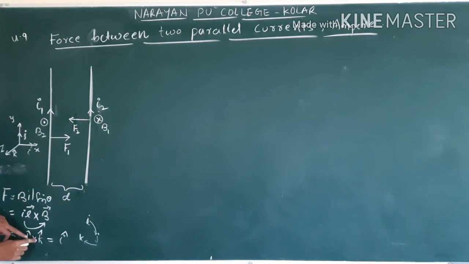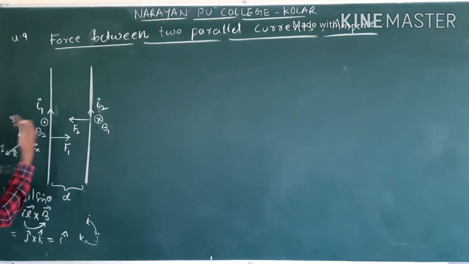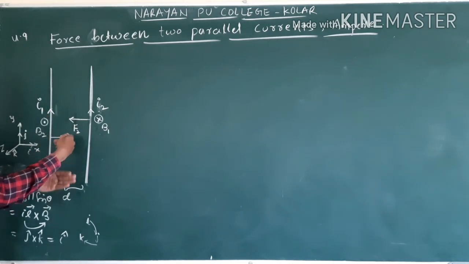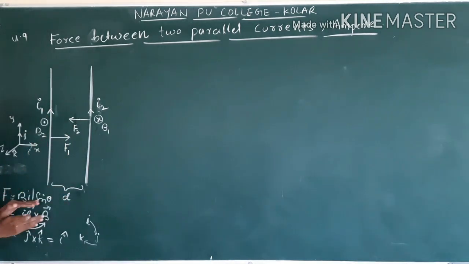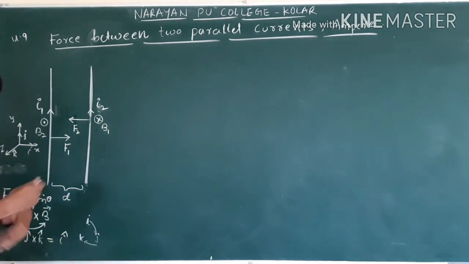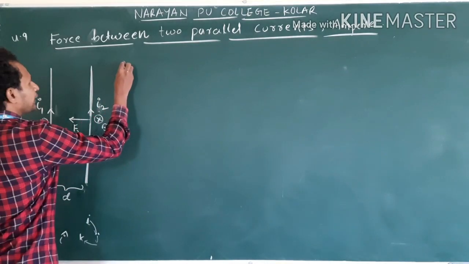If you take here minus K, what do you get here? Minus I. Minus I means negative X axis. Negative X axis means this direction. Understand? So based on this concept, I gave the direction in the beginning explanation. This you don't need to write in the examination. To understand, I explain. Clear? Now, how to write this answer in the examination, we will see explanation as well as description.